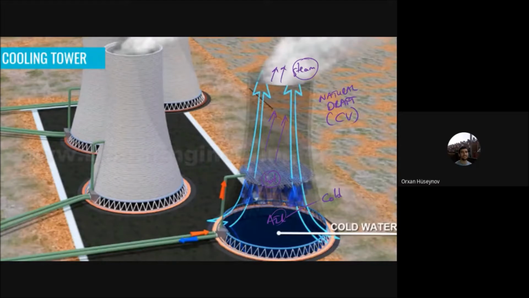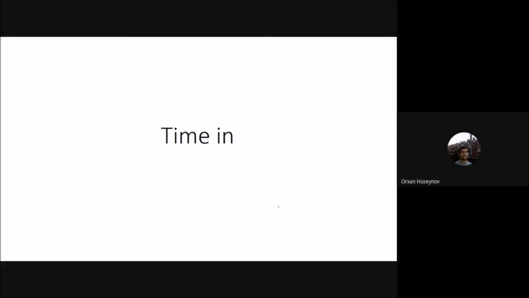And then that water, you can see that here it is in the form of a spray. Okay, because by using sprays you are increasing the surface area of the water so that you have a better heat exchange process, because heat is proportional to the surface area. Okay, and then